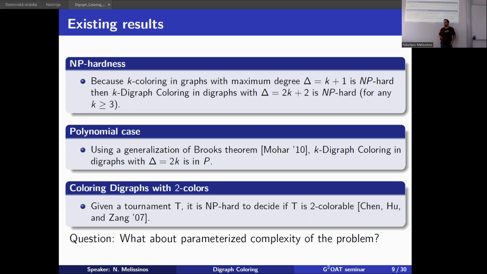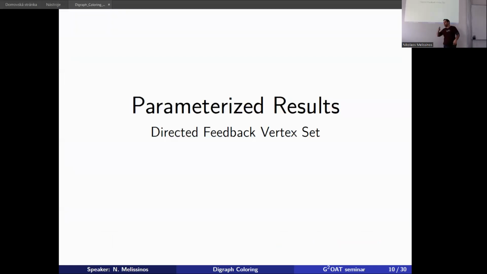So we don't really have many results regarding the parameterized complexity of this problem, except for the trivial parameterization by the number of colors, which is obviously NP-hard, even if the colors are only two, due to tournaments. So what we decided to do is to consider structural parameterizations of this problem. And first we discussed directed feedback vertex set, which is a natural parameter for this problem